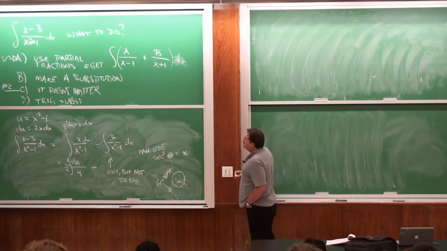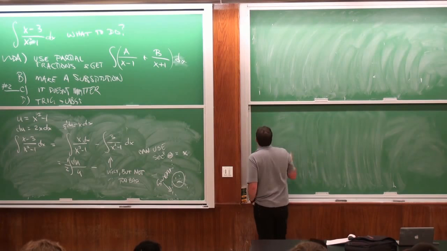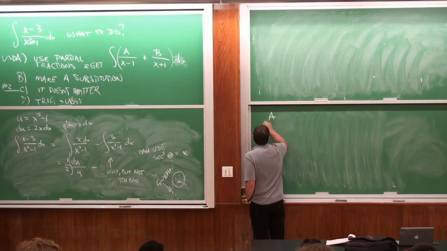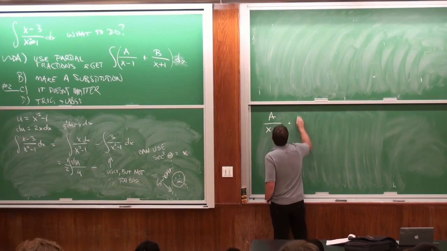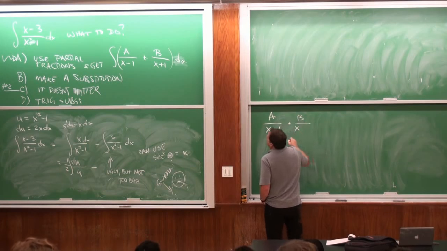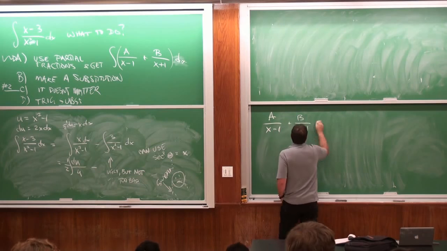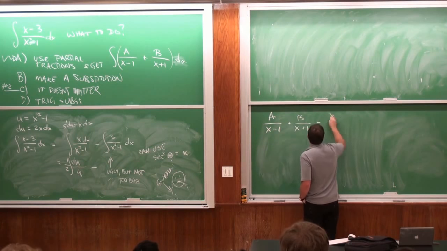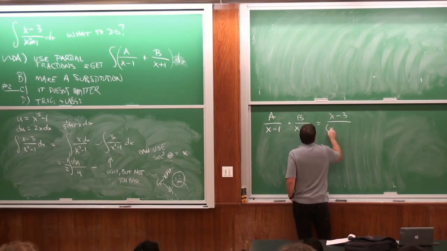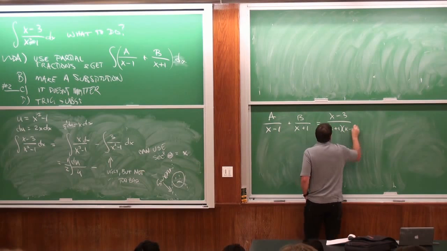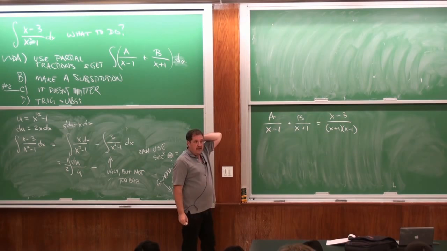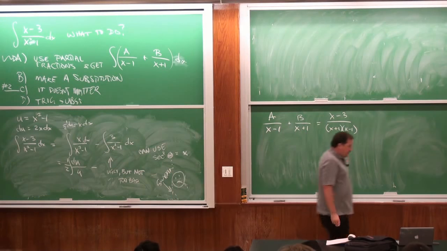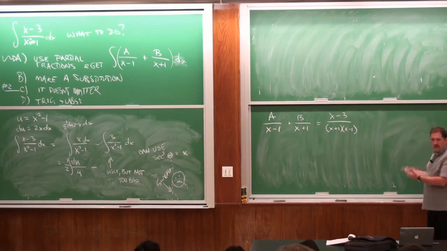So the way that most of you want to do is we just use partial fractions. Just to remind you, I need to solve the little algebra problem: a over x plus 1 plus b over x minus 1 equals x minus 3 over x plus 1 times x minus 1. So I want to solve this little algebra problem and figure out what a and b are. And I can either do this by cross-multiplying and getting two equations.